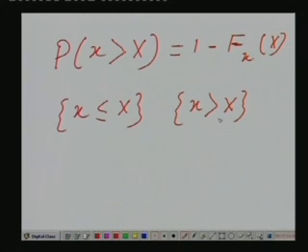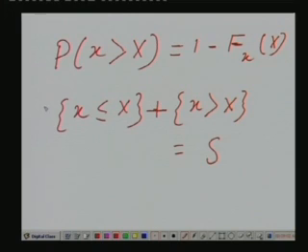These are mutually exclusive, and this means the total set, say S. Since they are mutually exclusive and the probability of this total set is 1, that means